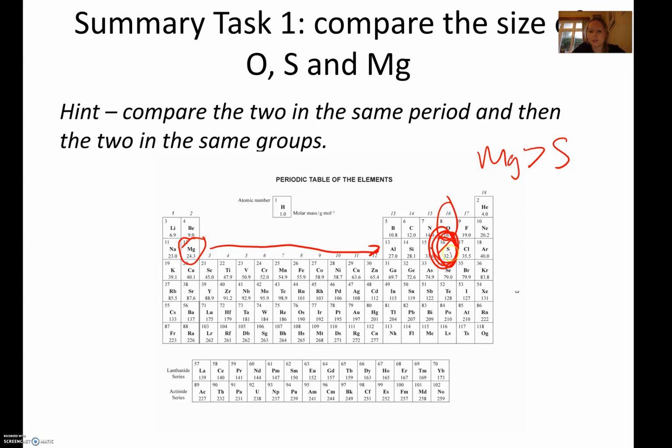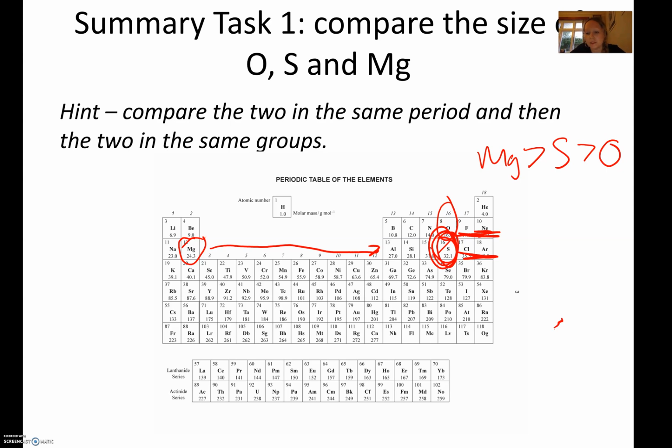Because oxygen is further up the group than sulfur, oxygen has got less energy levels. Oxygen's got 2 energy levels and sulfur's got 3. So sulfur's valence electrons are further from the nucleus. There's greater shielding by inner shell electrons. This means the electrostatic attraction between the valence electrons and the nucleus will be less, which means that the size of the atom will be greater, which means that sulfur will be bigger than oxygen, and therefore you have ranked